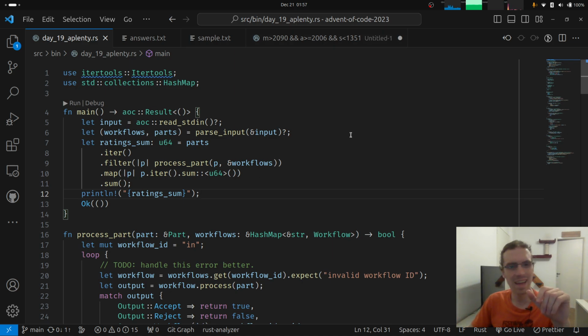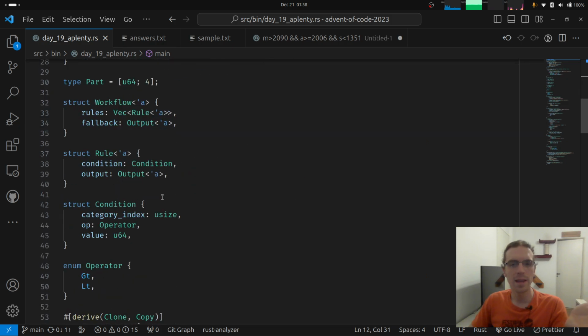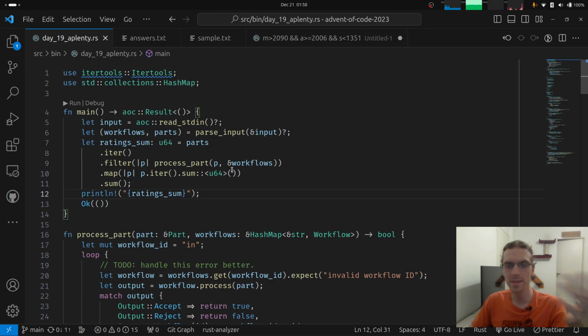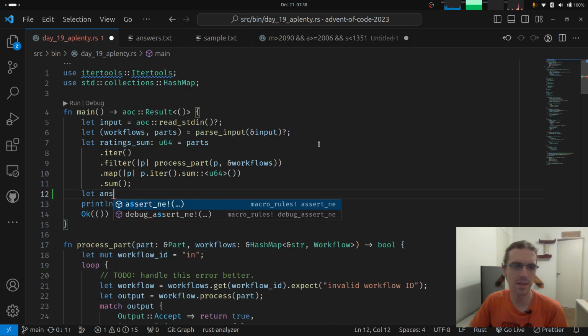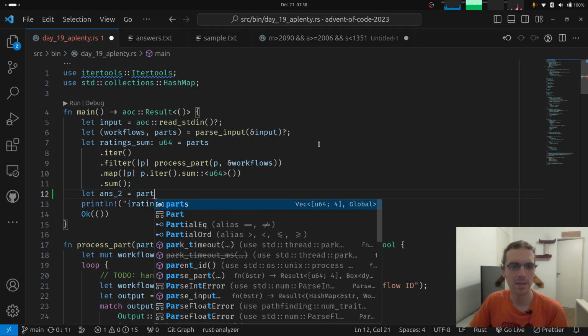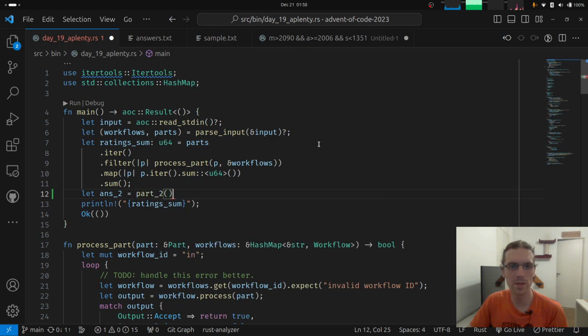In here, it's like I don't know what I'm doing. I don't know how this is going to work. So like I don't know what to delegate to, and this is like every delegation is sort of like a design decision that you're making, and if you don't know what you're doing, like you cannot design, you cannot make those sort of decisions. So let's actually say something stupid here, like answer 2 is going to say call part 2